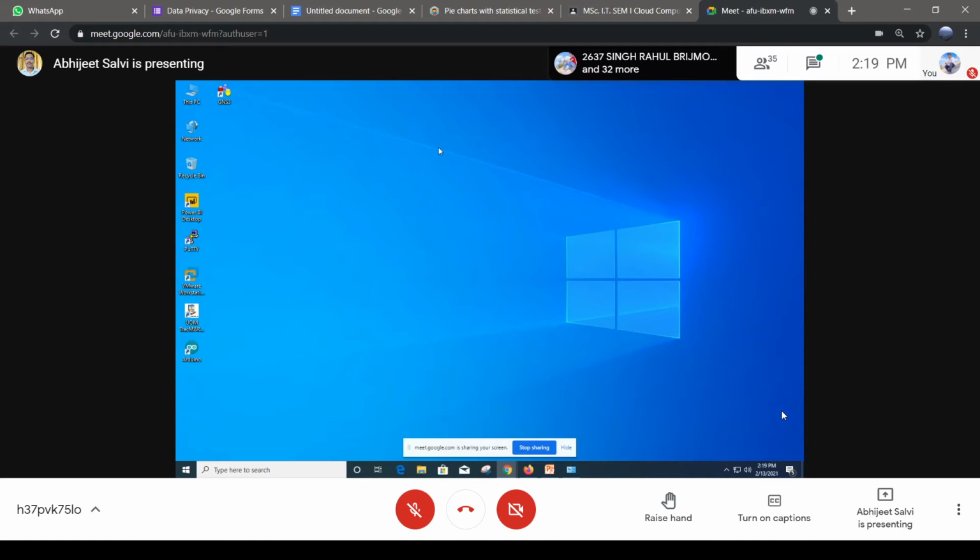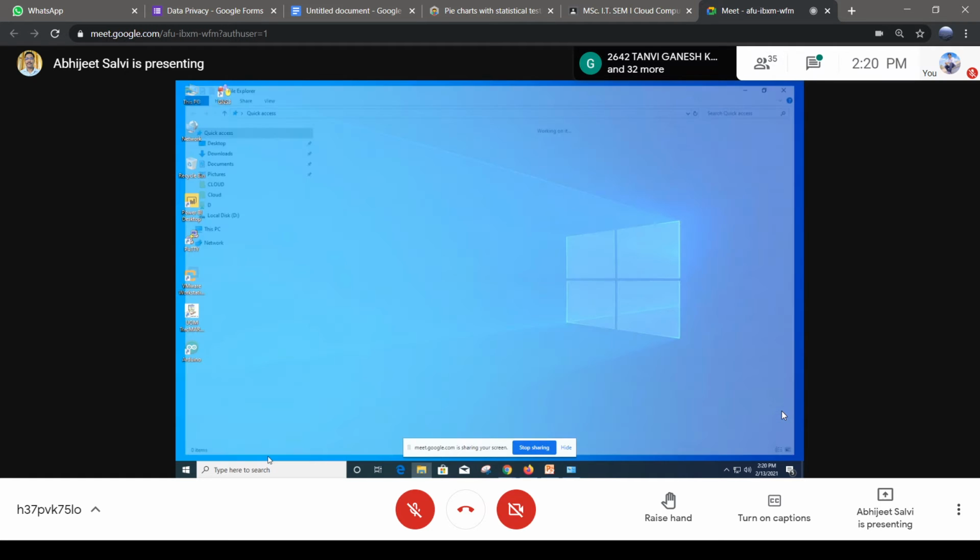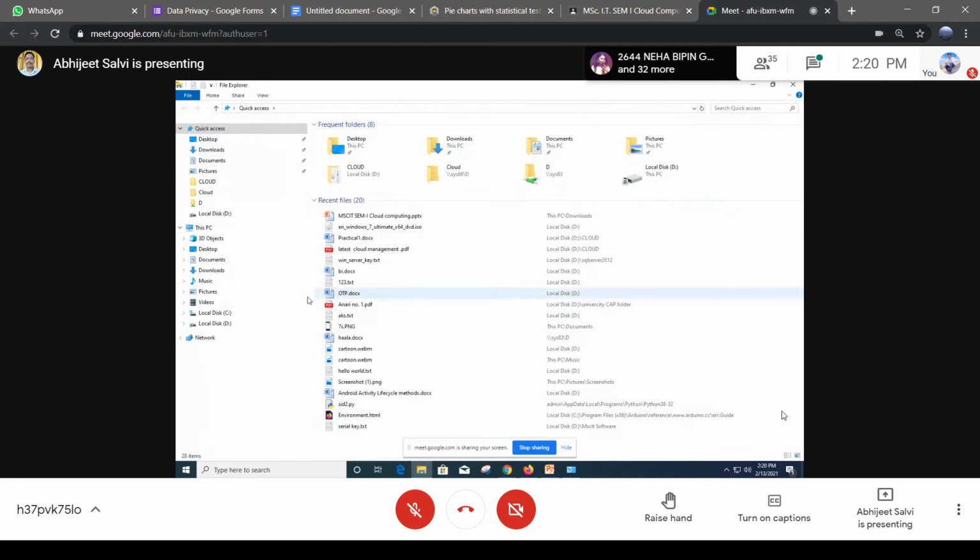I'm not doing that because I've already done that cycle, but you can go through those steps and get Hyper-V installed. Once you restart your machine, you have to find an image of any of the operating systems.